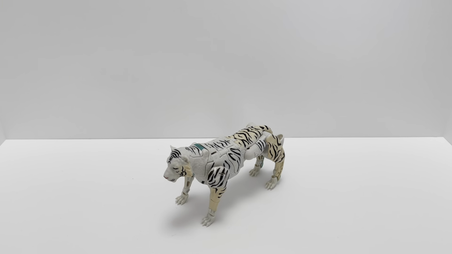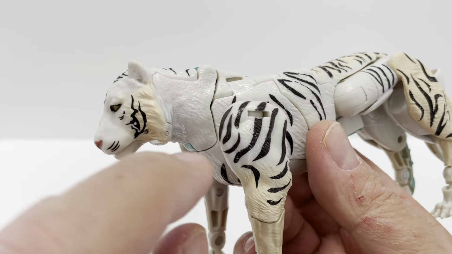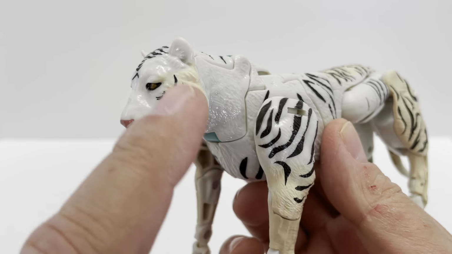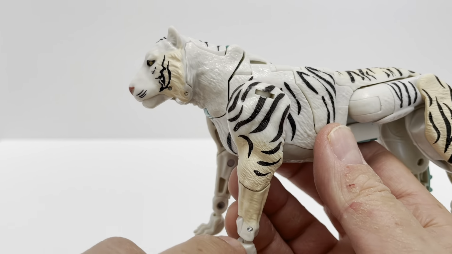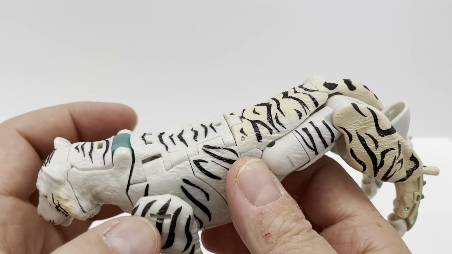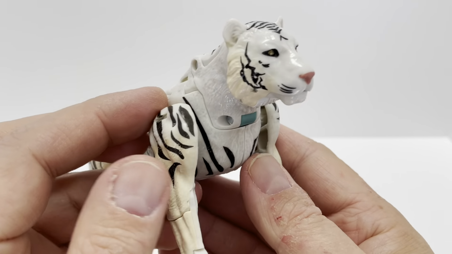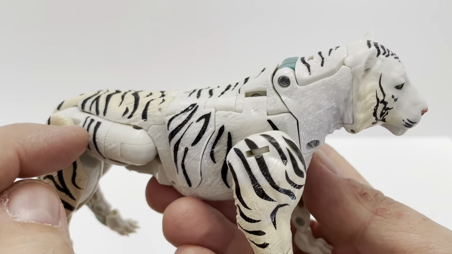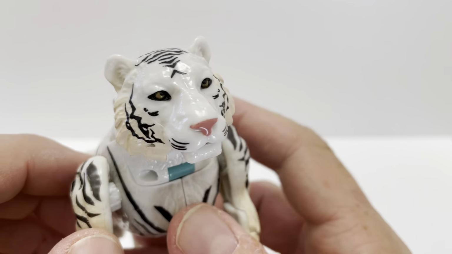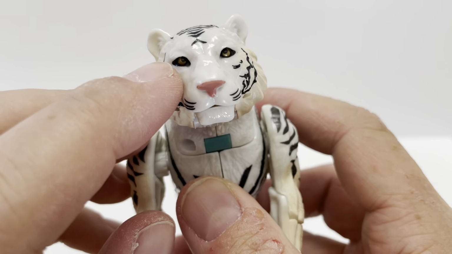Okay, so here we have Voyager class Tigatron all transformed into his beast mode, and let's take a look at the details here. You get some really nice detail on the fur here. He's sort of an off-white with some yellowing, which actually is apparent on the real animal. So that's very nice that they added that realistic detail there. But you can see all the way around, very similar to the other molds that we've seen. And the head sculpt is really nice, some really nice detail on the ears here and the paint with the stripes. You do get a little bit of...